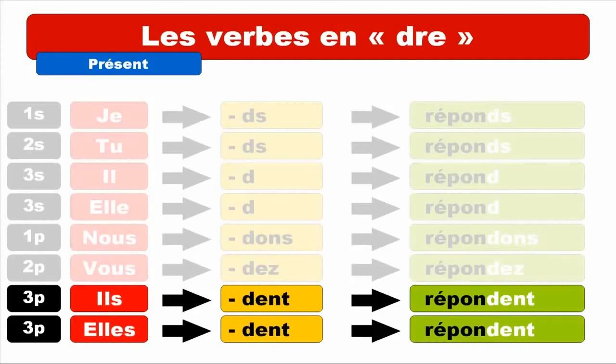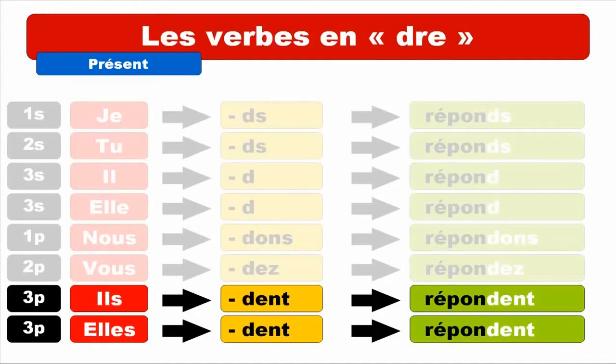D-E-N-T, feminine form is the same, D-E-N-T, but then let's pronounce them. Ils répondent, repeat, ils répondent. It's actually a common mistake that students tend to pronounce this E-N-T, so they want to pronounce it like en, but keep in mind that for verbs we don't pronounce them, so E-N-T is actually not pronounced, it's only répondent. At the end it's the sound of the D. Ils répondent, repeat, ils répondent. And then elles répondent, repeat, elles répondent. So let's see that together